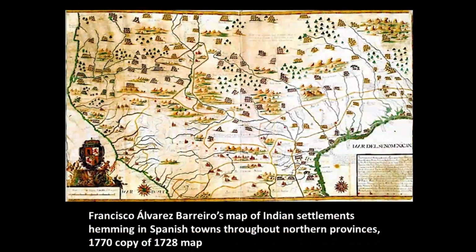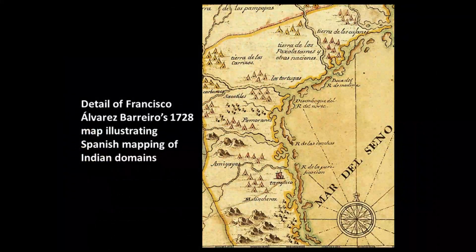If we switch to an equally massive Spanish map of the Spanish provinces, again, what you see when you zoom in, the Spanish version, Tierra da, this is the land of the Carrizos, this is the land of the Pampoas. They are writing this at each and every turn. Now, partly, again, as I was saying, they have colonial goals that need to be met, so they need